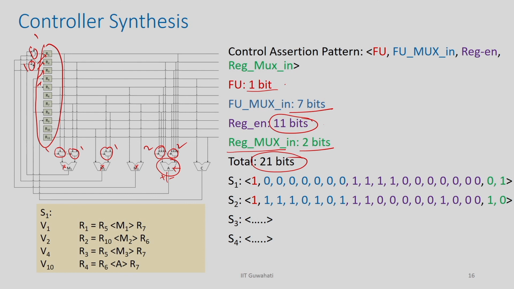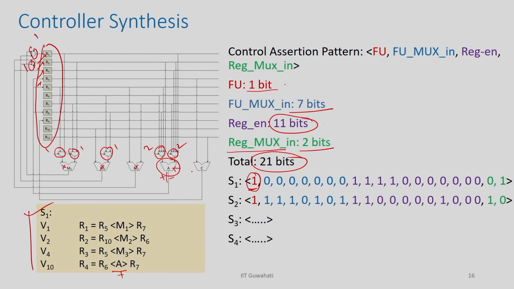So, I can just analyze the circuit and identify the total number of control signals needed to control the data flow in the data path. Okay. So, then for each timestamp you have to identify the value of these control signals. Let us say I want to do it for timestamp 1. In this timestamp 1 these are the operations happening, right. So, the first bit is the FU. Suppose plus is happening here. So, I am just putting 1, where 1 means plus.